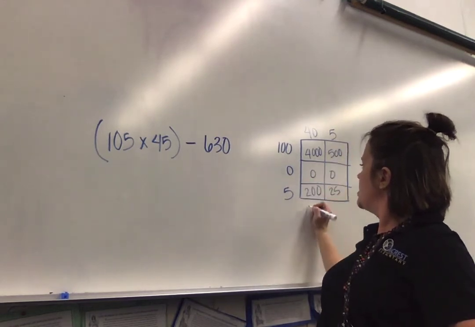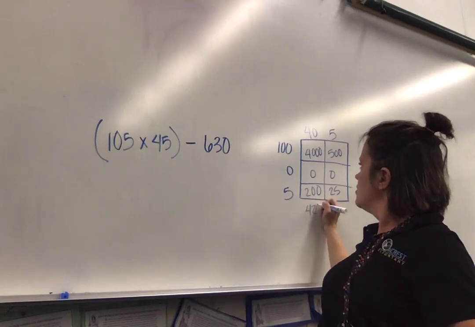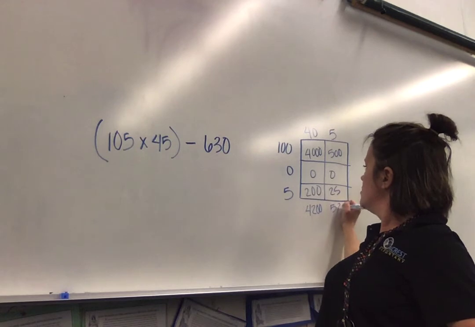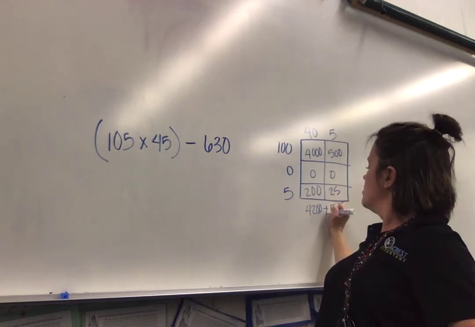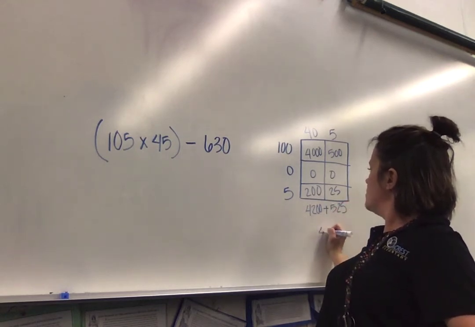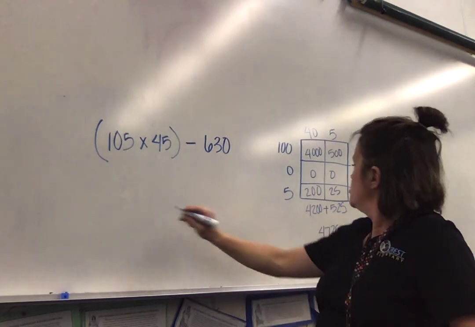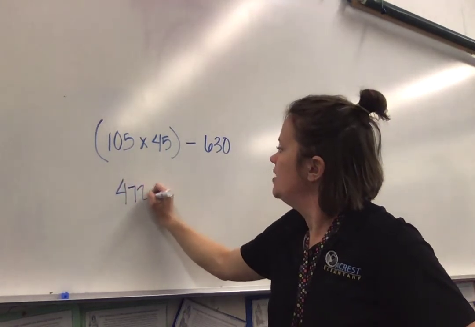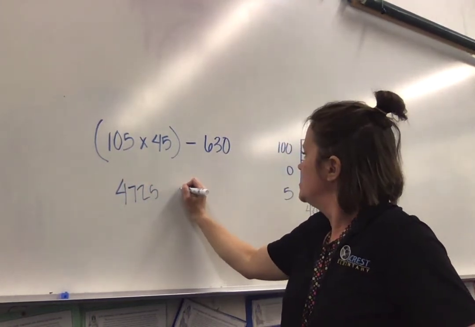Then I add these together. And I get, okay, so that would be 4,725. And then I'm going to subtract